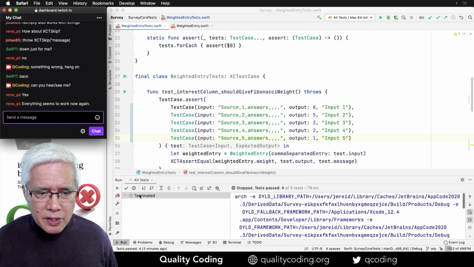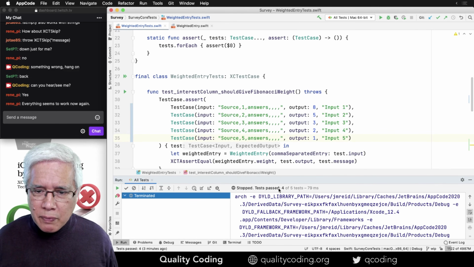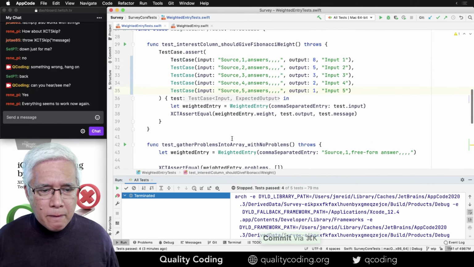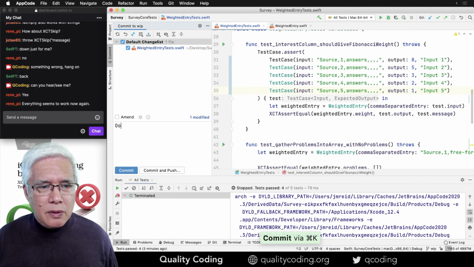All right. So now it says terminated, but it says stop. Tests 4 out of 5 passed. Okay, so let's get this. Oops, fix. Out of range.